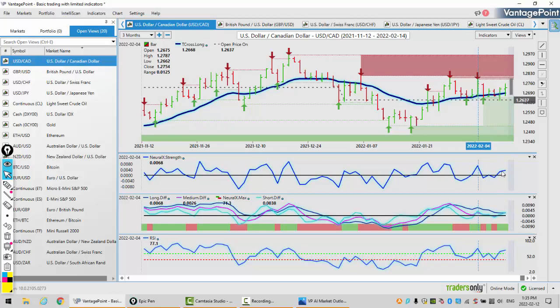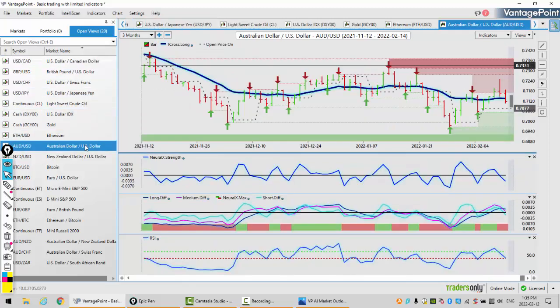But the indicators, the slope of the neural index strength, the neural index itself is up. Our predicted RSI is above the 60 level, and we're above the yearly opening price and the VantagePoint T-cross long at 126.87. I suspect the market will pivot off this level at the beginning of the week. Now, as we look at the final two pairs, I'll quickly run through those for everybody: the Aussie and the New Zealand.